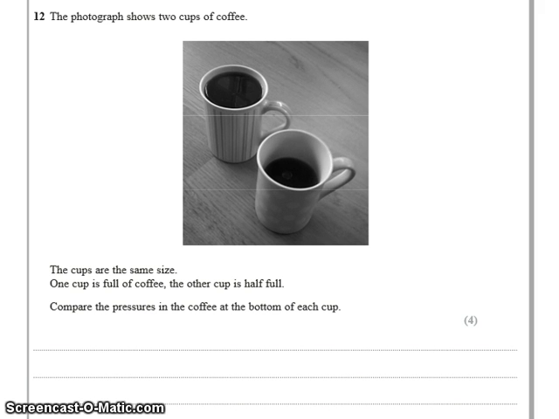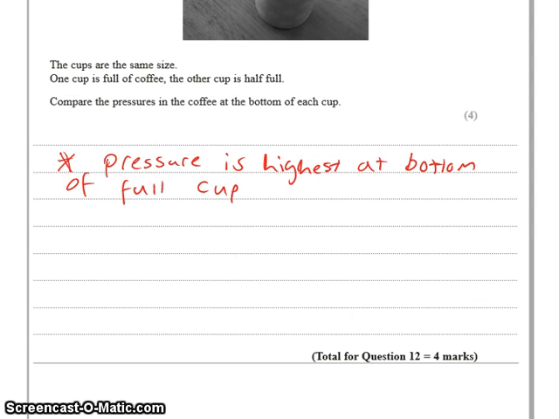Question 12 is about the 2 cups of coffee. They're the same size. One cup is full, the other is half full. And we've got to compare the pressure in the coffee at the bottom of each cup. Now, the most obvious thing then is to say that the pressure is going to be highest at the bottom of the full cup, or the opposite argument, that it's going to be lowest at the bottom of the half